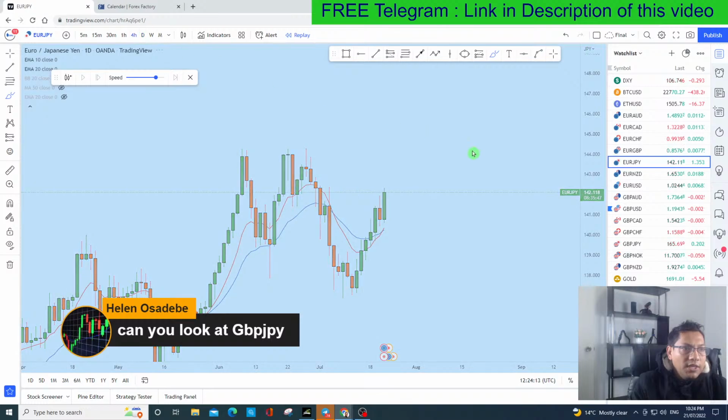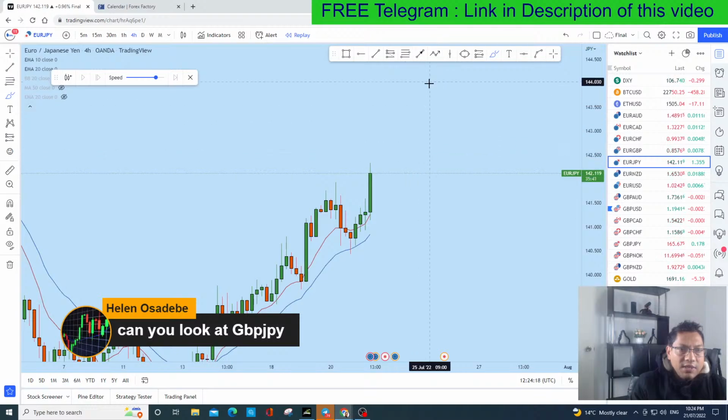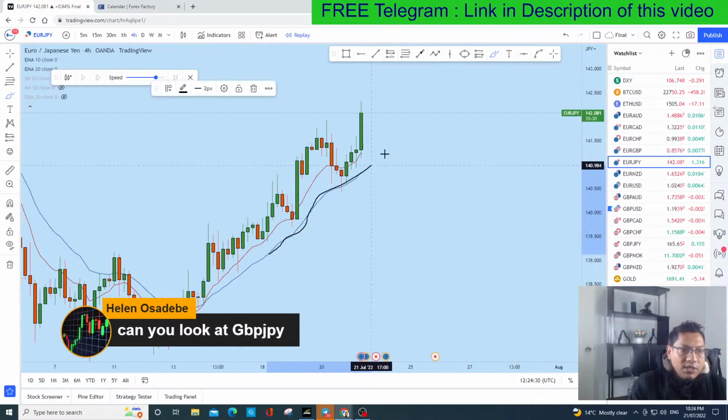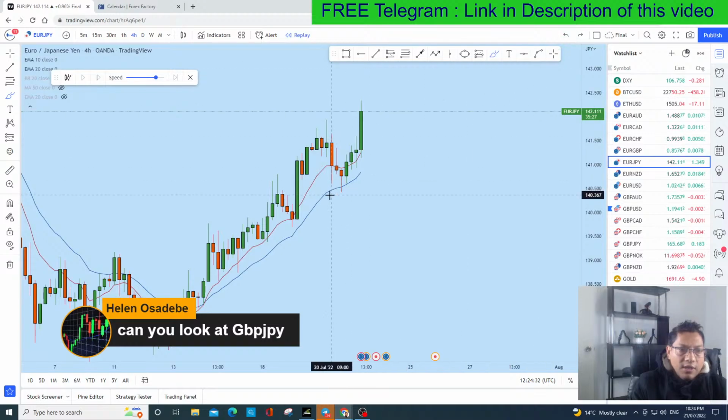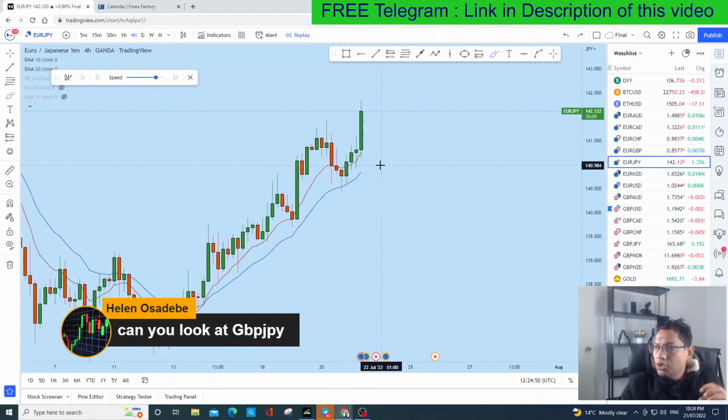Now looking at the intraday, the 4 hour, blue is a 20 period moving average, and on this moving average we have seen the price create a nice dynamic support in this zone. So now this is the current candle. If this one closes as a doji, that could be a nice entry candle. Let's see how this one is closing, but Eurojpy looks bullish to me, guys.